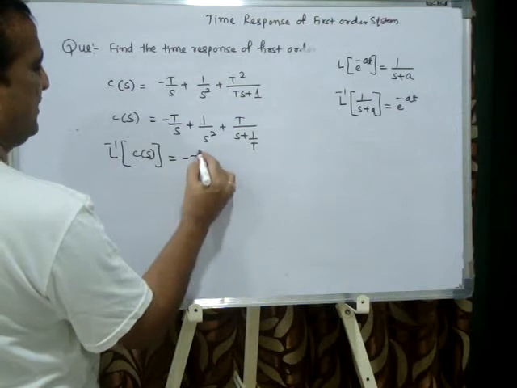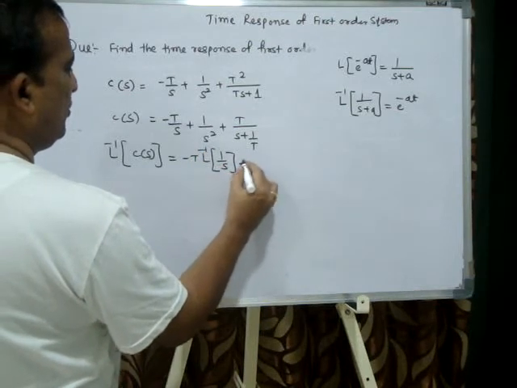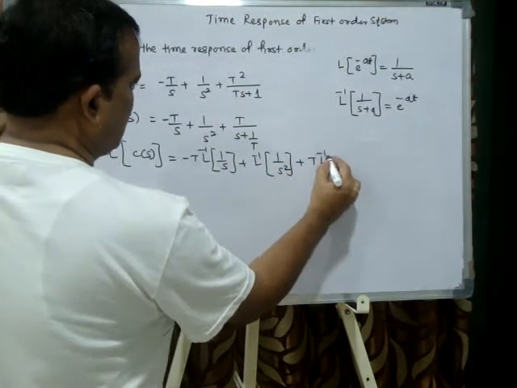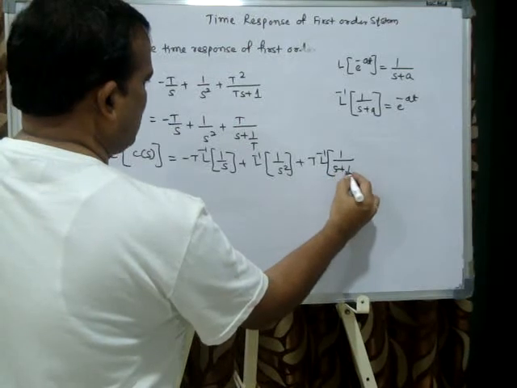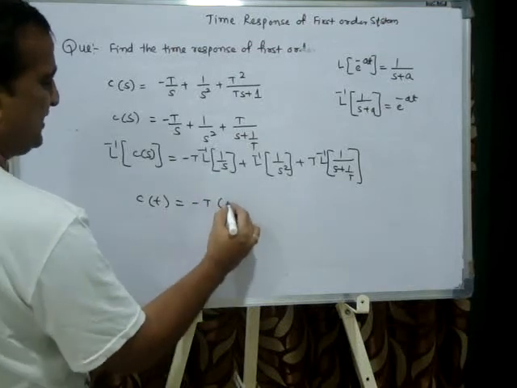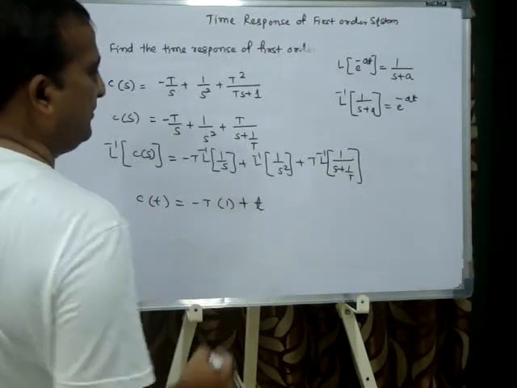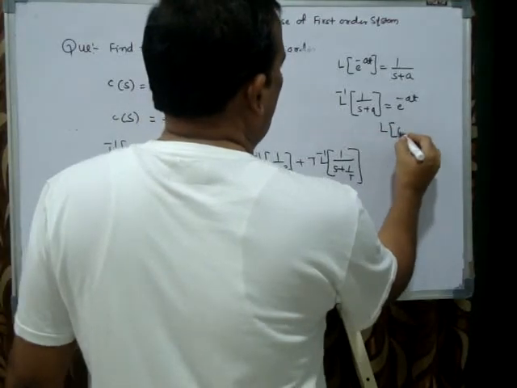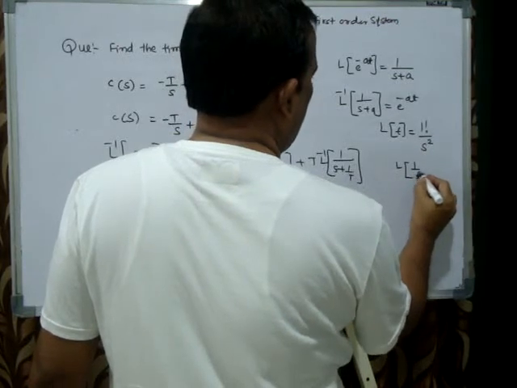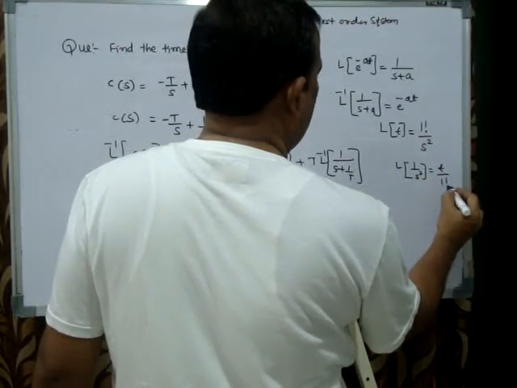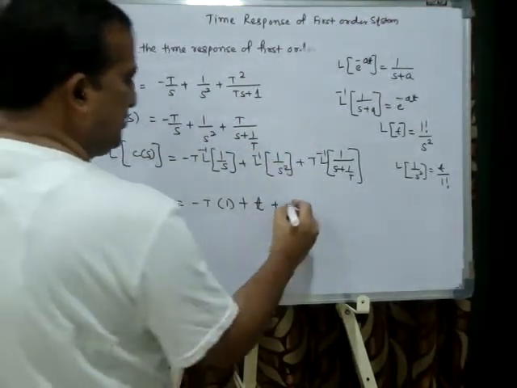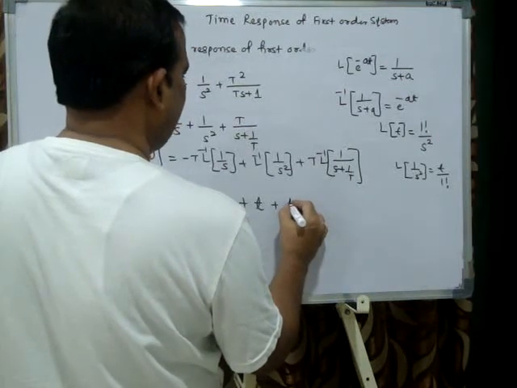Whenever I take the inverse Laplace, what happens? 1 by s square plus T, inverse Laplace of 1 by s plus 1 by T. Here c of t is minus T times 1 by s, which is 1, plus t, because Laplace of t equals 1 factorial divided by s square, and the inverse Laplace of 1 by s square is t divided by 1 factorial, that is t, plus the inverse Laplace of 1 by s plus 1 by T is how much? T square by